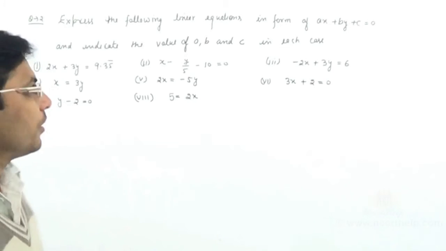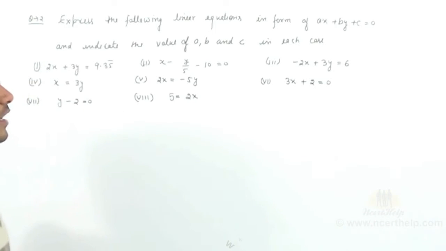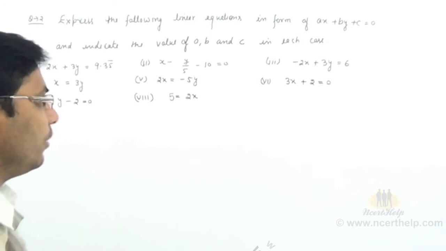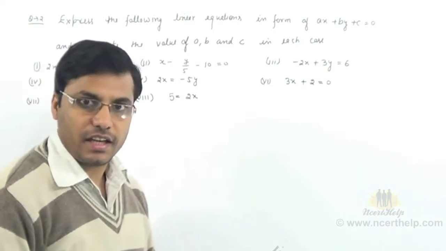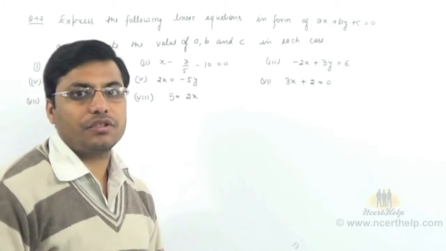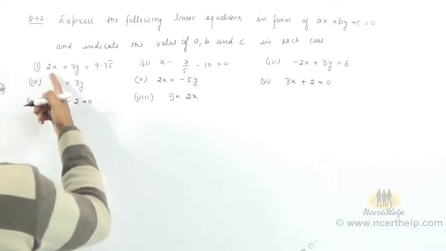Let's consider question number 2. In this question, express the following linear equation in the form of ax plus by plus c equals 0 and indicate the value of a, b and c in each case. So let's consider first question of this problem, which is